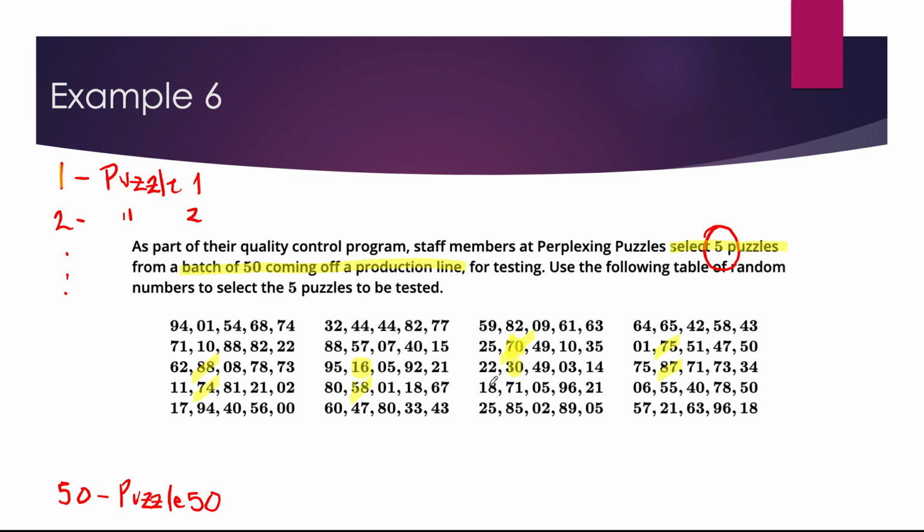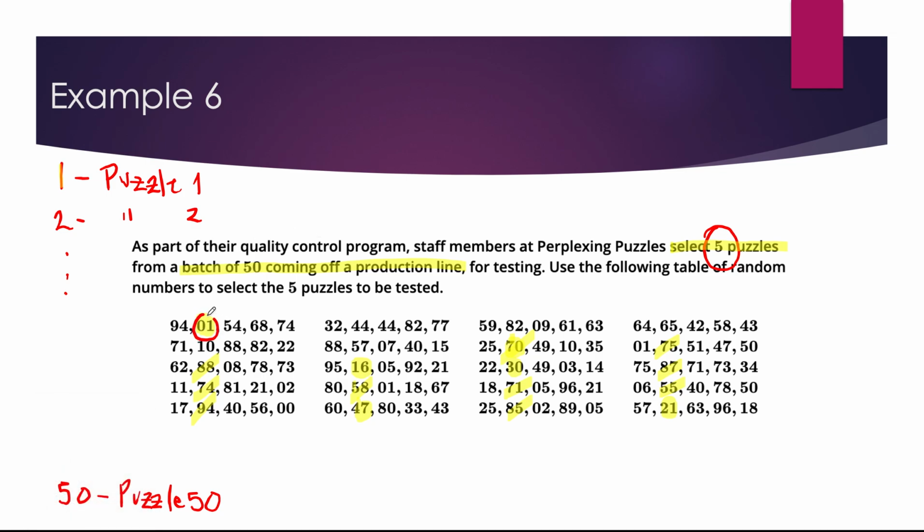1, 2, 3, 4, 5. Nope. 1, 2, 3, 4, 5. Nope. 1, 2, 3, 4, 5. Nope. 1, 2, 3, 4, 5. 47. Yes. Good. So I have 16. I'm going to use puzzles 16, 30, and 47. Then 1, 2, 3, 4, 5. Nope. 1, 2, 3, 4, 5. Yes, 21. I'm going to use it. Then 1, 2, 3, 4, 5. Beautiful. And 1. So if I use my pen here, according to the random way that I selected these ones,